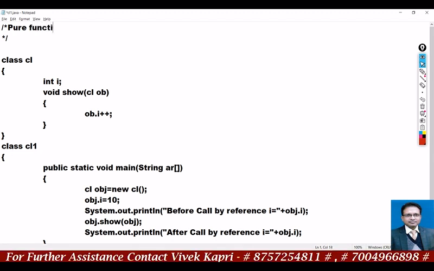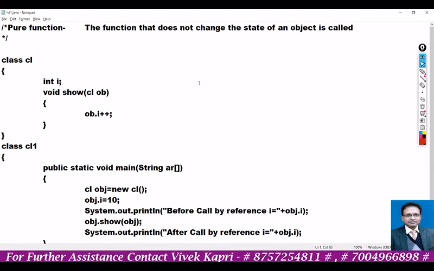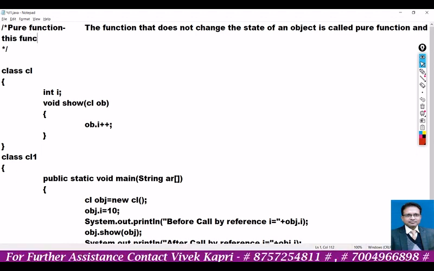Pure function: the function that does not change the state of an object is called pure function, and this function must return a value.